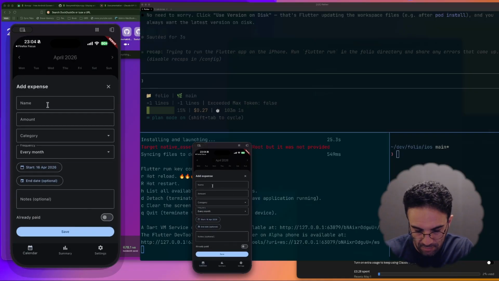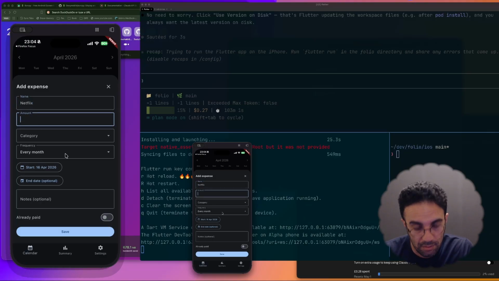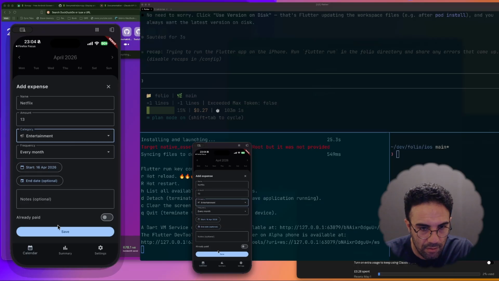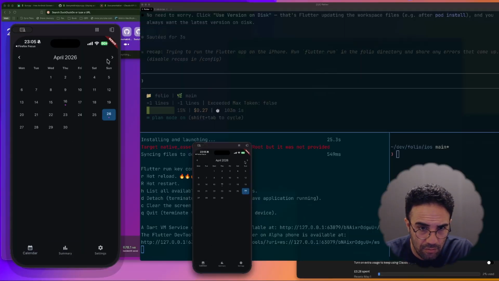It's Netflix. Let's tab. It doesn't jump to next. Probably that's an expected behavior in a mobile. Category entertainment and month and already been paid. I go to summary. It doesn't show anything yet. Calendar, good. If I go to next month,